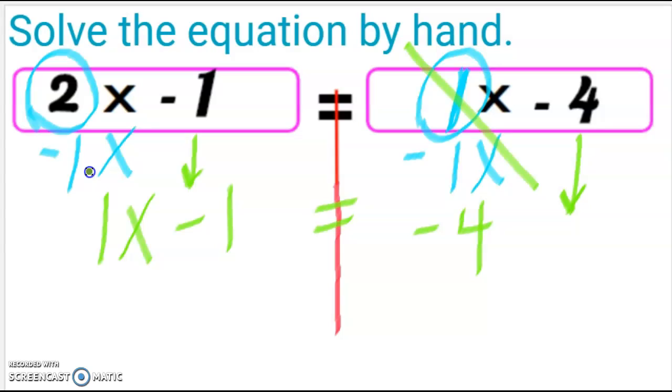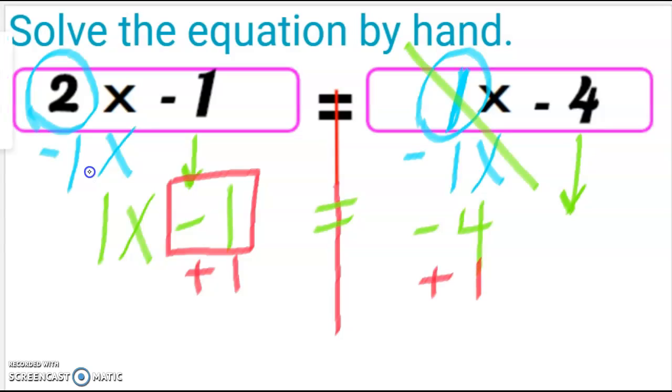Now I can do opposite of my constant. Remember, constant is the number that's alone or by itself. It's either being added or subtracted, right? So here's my constant. I'm going to do opposite of that. So opposite of minus 1 would be plus 1. So let's do that to both sides. Okay, remember, opposites just cancel each other out because they either become 0 or 1. So on this side, I'm left with 1x equals, we do the operation on this side, negative 4